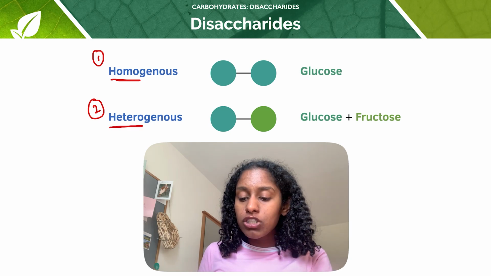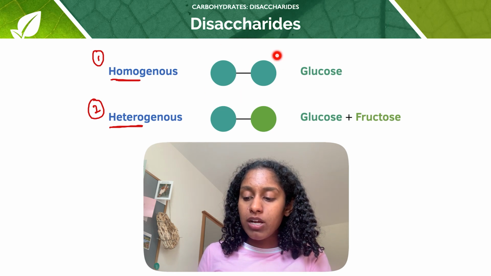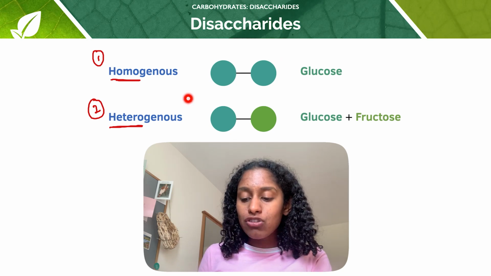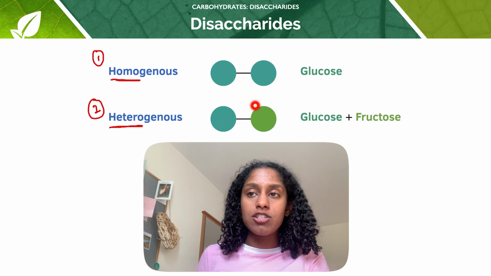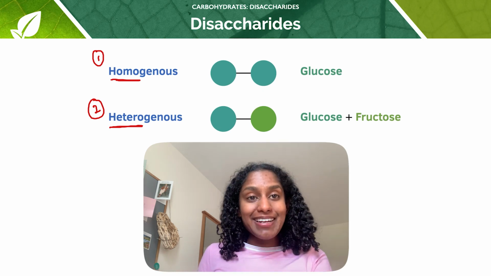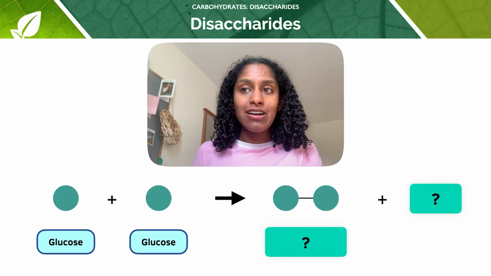So in a homogeneous disaccharide, we're getting two of the same monosaccharides joining together to form the disaccharide. And in a heterogeneous disaccharide, we're getting two different monosaccharides joining together to form the final disaccharide. Pretty simple, right? So let's move on to the next slide and have a think about how we make our